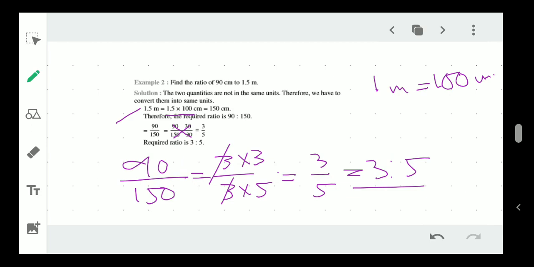So this is how you have to do ratio. Very easy. Write the numbers, the one which is after "is to" will be after your colon sign, and the one which is before will be before your sign. The denominator always goes after the colon, that means after the "is to" sign. Okay,